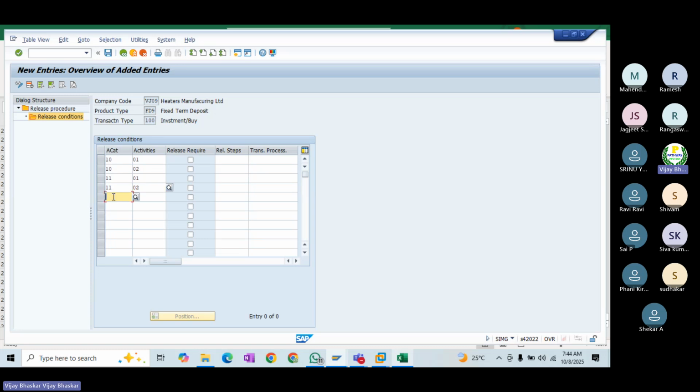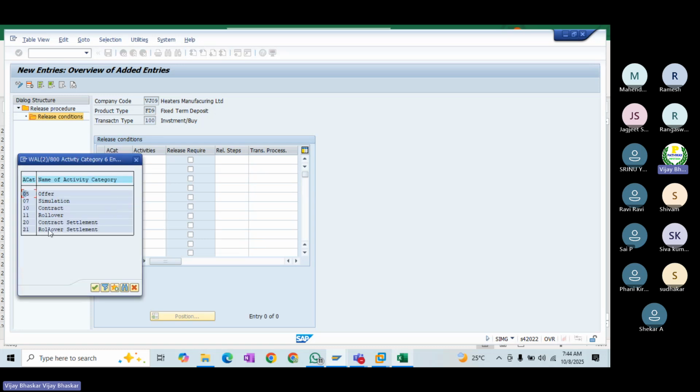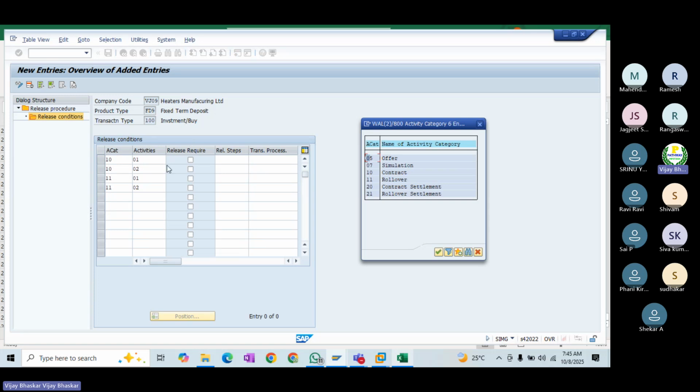Now, rollover, even if you wanted to go with the rollover or contract settlement, these are rare cases, because see, at the initial stage itself, they are already reviewed. We expect the persons who are responsible to review the deals. Then again, at settlement level, it means again there will be controls. You are increasing the efforts. But it's up to you, either contract settlement or rollover settlement, the function will be the same.